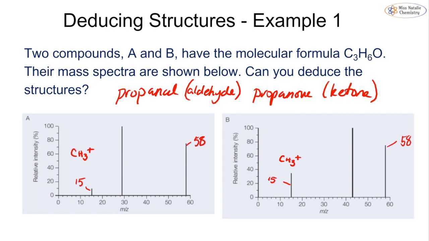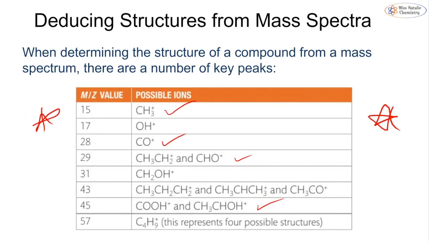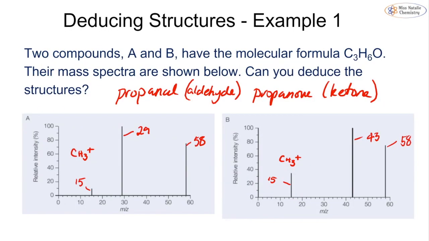So what we actually need to look at is the peak that is left. Now in A, we have a peak at 29, whereas in B, we have a peak at 43. Now, if we have a peak at 29, if we go back to our table, we said that 29 was either going to be a CH3CH2 or a CHO. Okay, so based on that, we know actually that we have both of those peaks because this must be propanal, because propanal is going to be drawn